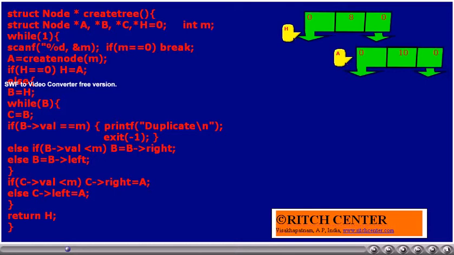Thus, a tree node will be created with the value 10. a becomes the pointer for this. Now, the statement if h is equal to 0 is executed. Currently, h is not equal to 0 as h is pointing to a node having number 8. Thus, the else component will be executed.